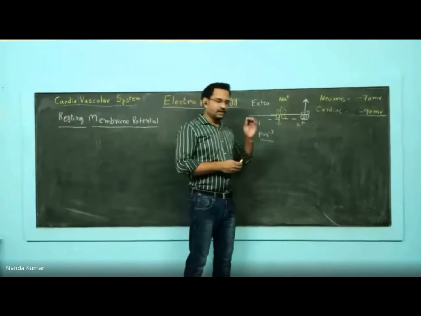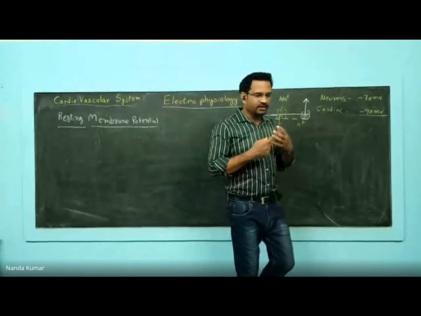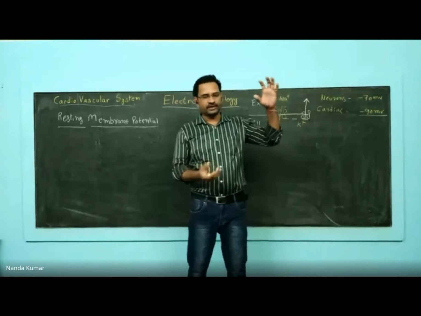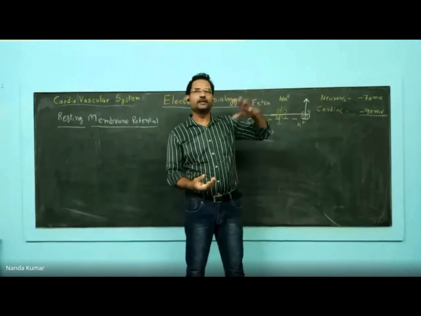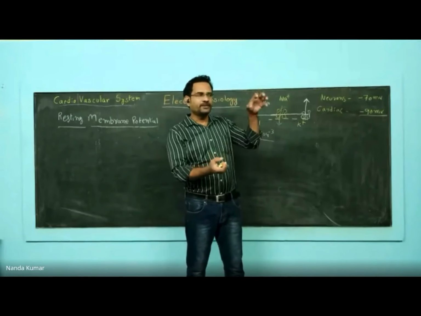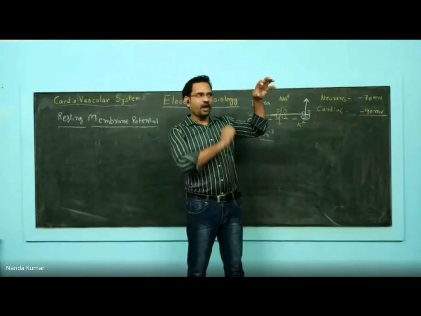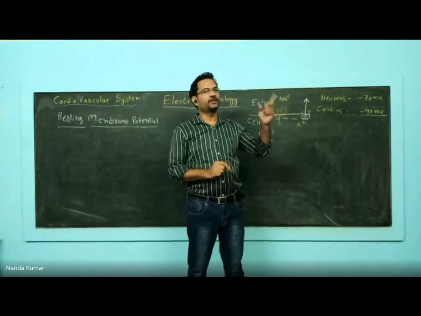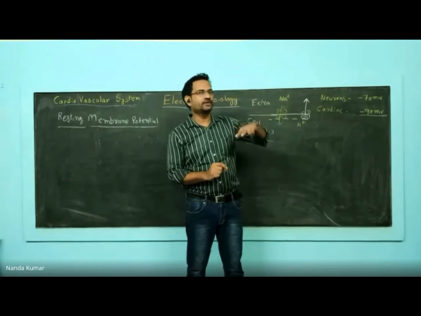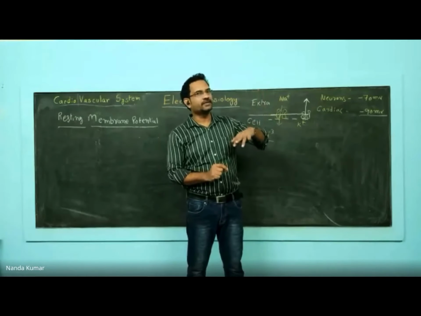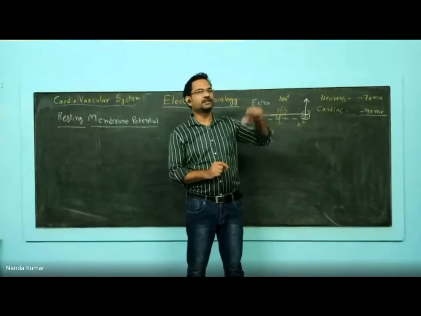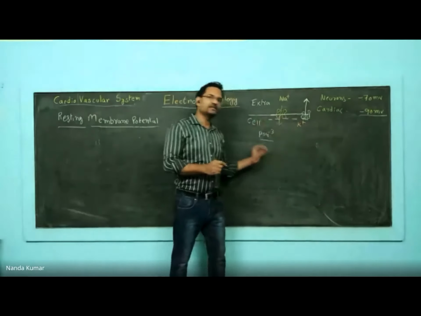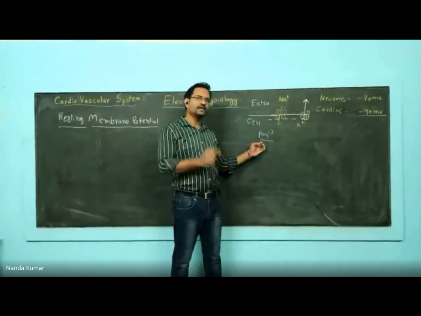Third one, as I explained already, inside the cell you have a lot of phosphates. Glycolysis takes place in the cytoplasm. Glycolysis starts with glucose and ends with pyruvate. You have 10 intermediate steps. If you observe, leaving glucose and pyruvate, all other intermediates are phosphate derivatives. Glucose is converted to glucose 6-phosphate, then fructose 6-phosphate, fructose 1,6-bisphosphate, dihydroxyacetone phosphate, glyceraldehyde 3-phosphate. All of them are phosphate derivatives. So inside the cell, you have a lot of phosphates, and they are fixed.